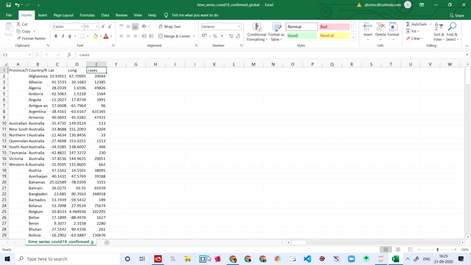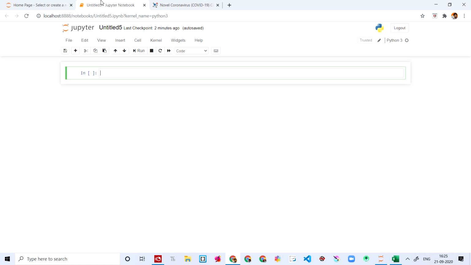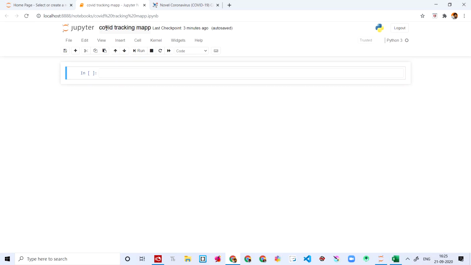Now let's get back to Jupyter. Coming to Jupyter, let's name this. I'm naming it COVID tracking map. First I'm going to import all the required libraries.